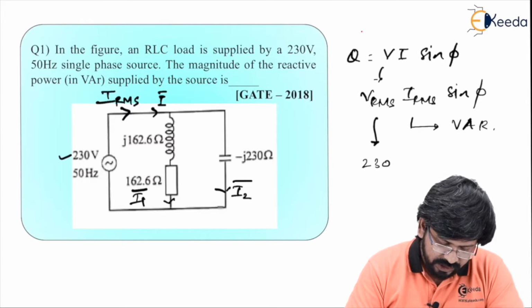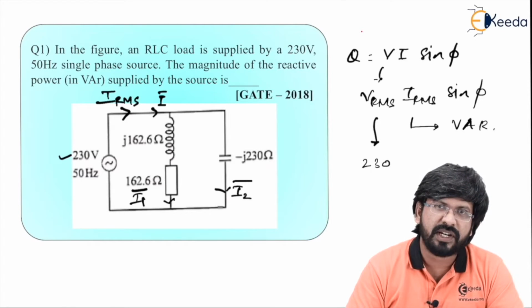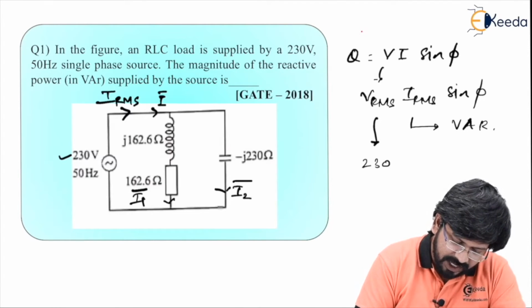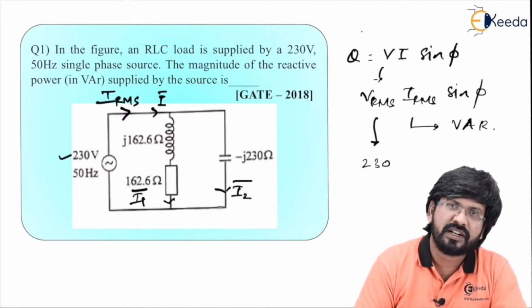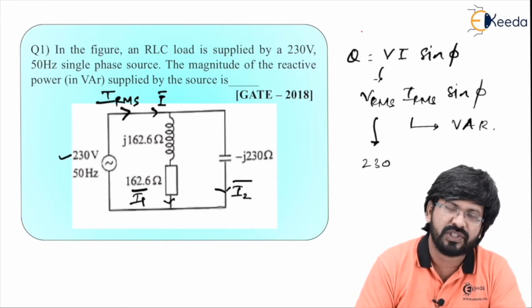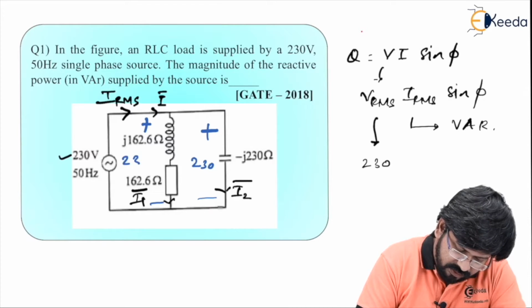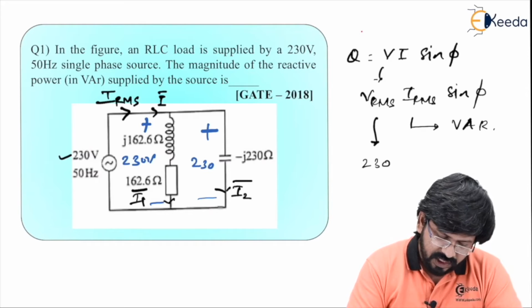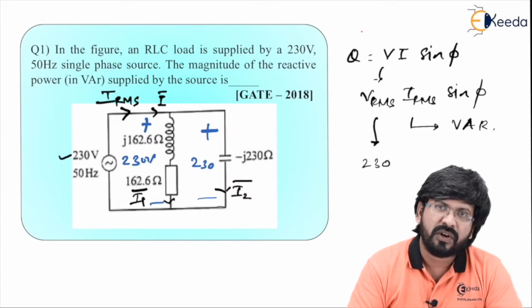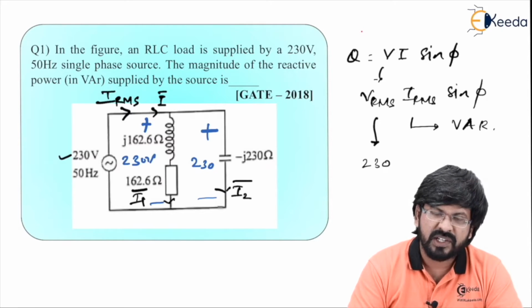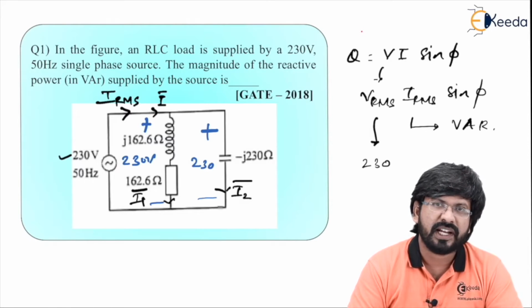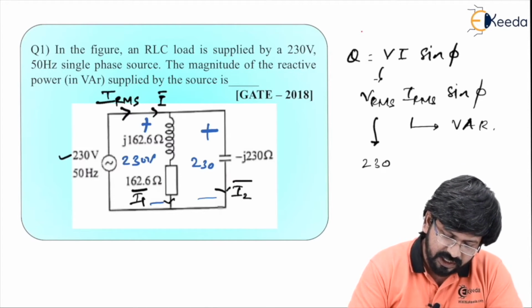So let's go on doing this, because in every branch what is known to us is the impedance, and also the voltage across every impedance. Because it is a parallel circuit, 230 volt is the constant voltage applied across branch 1 and branch 2. So the voltage across this is 230, as well as across this. Further, I'll apply Ohm's law to get the I1 vector for the first branch, and even for the second branch I'll get the I2 vector. Adding I1 vector and I2 vector will give me the final I vector, and then I'll get the I value also.